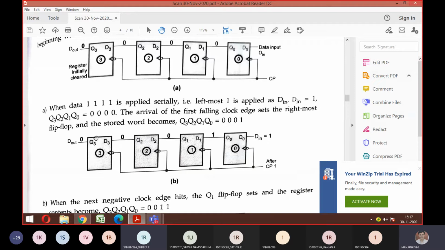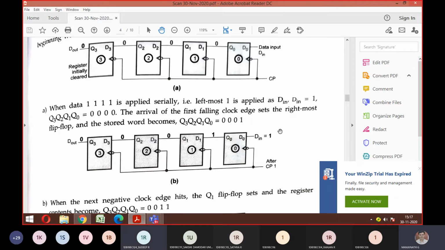You tell me what is the second output. What is the next output? The next input is also 1. What is the output you'll get? D0, D3, D2, D1, tell me. 0, 1, 1, 1. So be very careful, okay? Now for case 2, second clock pulse, again the input is 1, right? So now this bit is coming, and it is 1. Since I am giving all four ones, you need not have confusion. But when you give some other input like 1010, that same thing should be coming here. Okay? We'll ask that later.